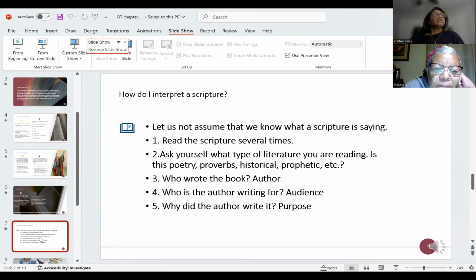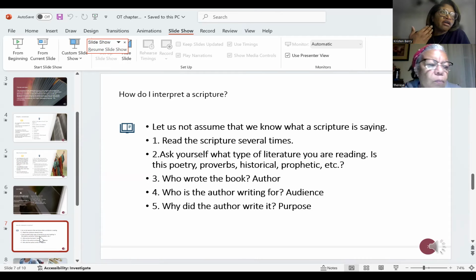Awesome. Now, today, the first day of class, you may not really know who the author of the book is and who they are writing for, the audience. You may not really know that just yet. That's what we're going to get to in this class. We'll learn who we think wrote a particular book, and who they were writing it for. Usually in the Old Testament, the audience is going to be the Israelites, who are the Jewish people, and they may be writing to chronicle something.